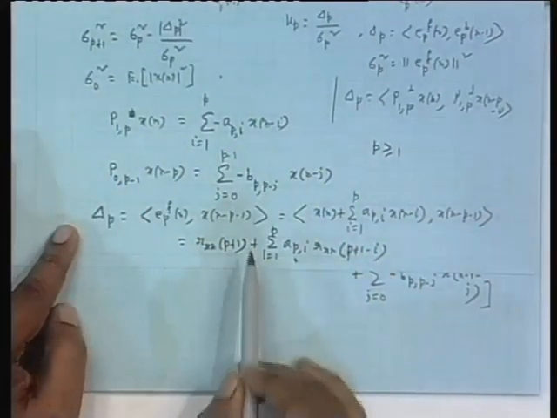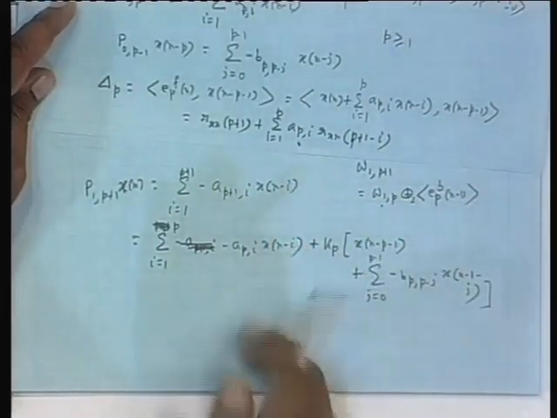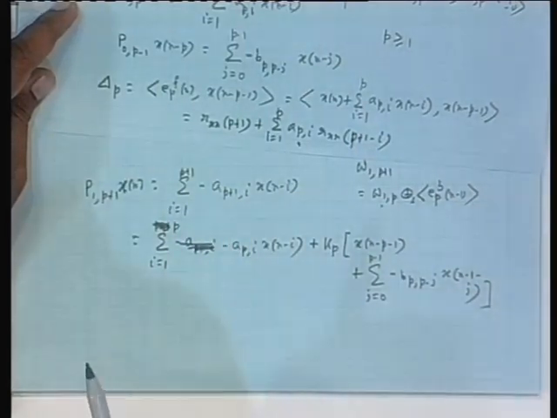There is a term n minus 1. From here also I can find out a term n minus 1. Take the two coefficients, add them, equate with the corresponding coefficient. Same we go on doing. So, from the lower order pth order coefficients and from Kp you get the p plus 1th order coefficient. That is the philosophy.